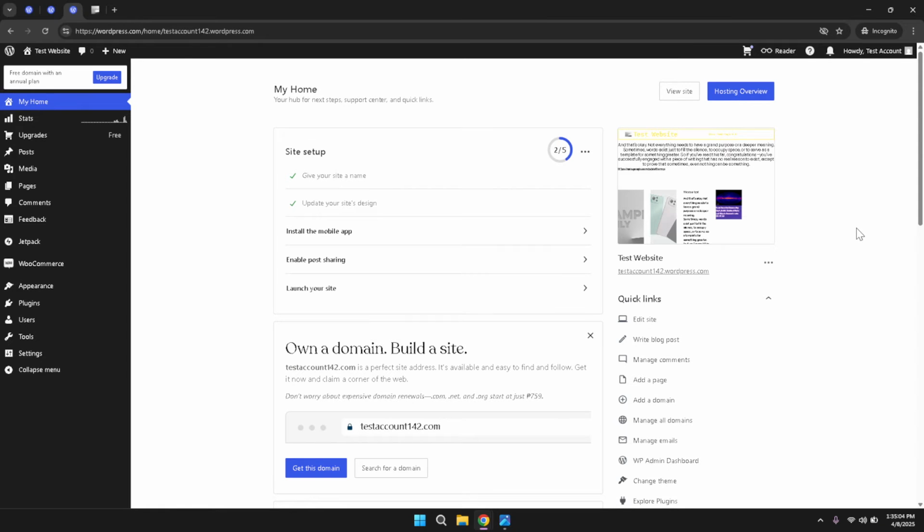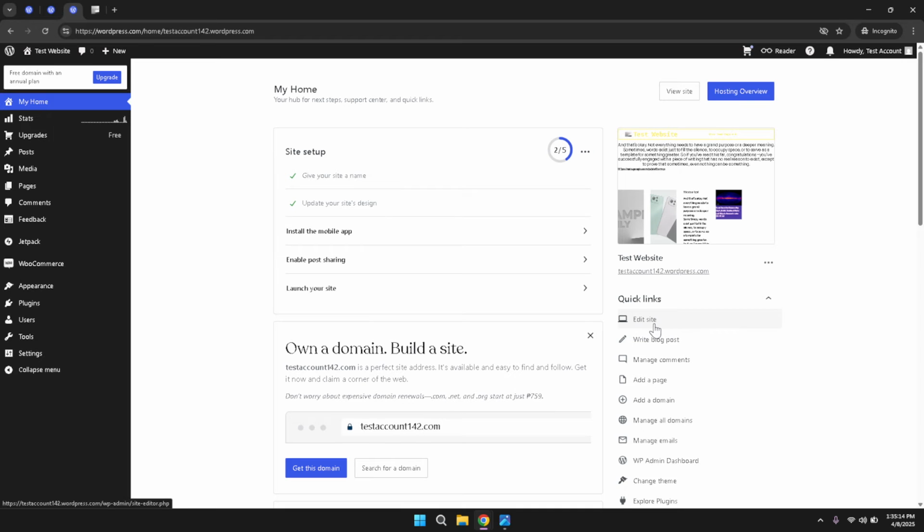appearance of your website. After successfully logging in, you will land on a page that includes a quick link section. In this section, look for the option that says Edit Site and click on it. This takes you to the main editing interface for your WordPress website. The site editor is where all the customization magic happens, and you will soon see that it is user-friendly and